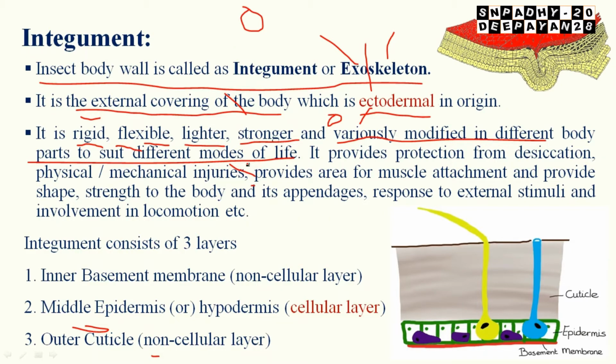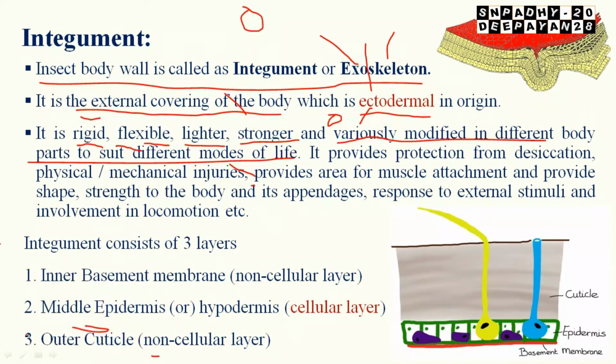In insects, different modes of life will be there. The egg stage will be there, then the larva will come, the larva will molt, they will develop some other appendages, then they will pupate again, some ingrowths and outgrowths will be there, then they will become adult, wings will be developed, legs will be developed. So this integument will be modified in different ways to accept all these different modes of life of an insect.